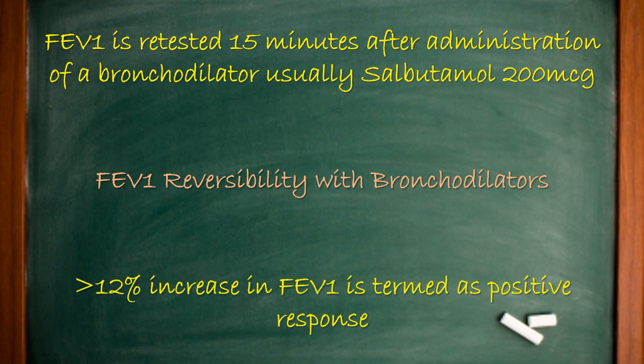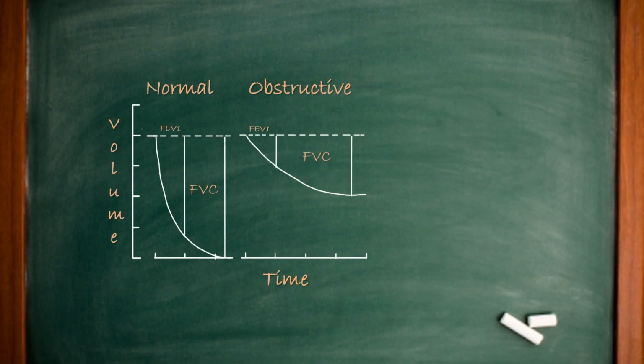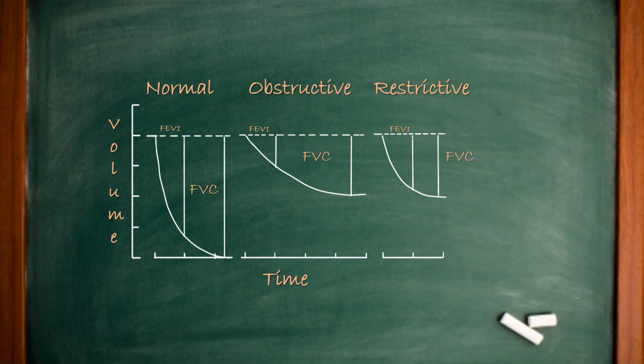So these were the graphs of a normal person and one with a small airway obstruction. Now in a person with restrictive diseases, this is what the graph looks like, where due to a smaller lung volume, the exhalation time is pretty less, and also the majority of the exhalation gets over within the first second, giving a FEV1 by FVC ratio of more than 90%. So these were the static and the dynamic pulmonary function tests. But how do we interpret them? This table might help us.